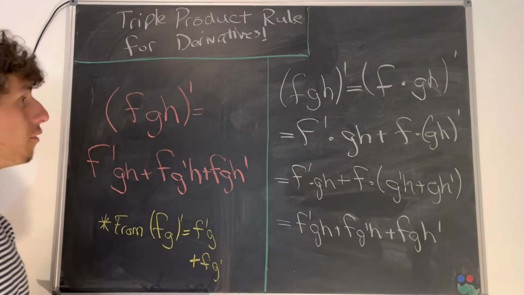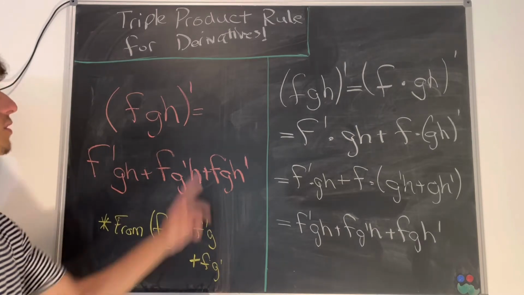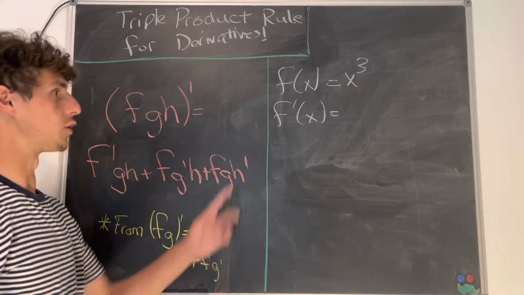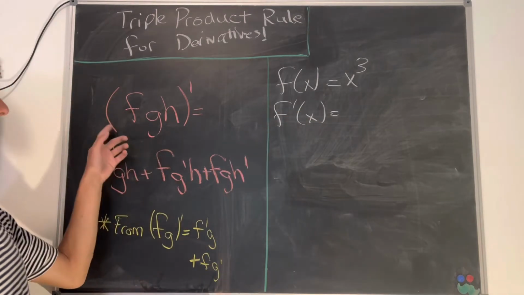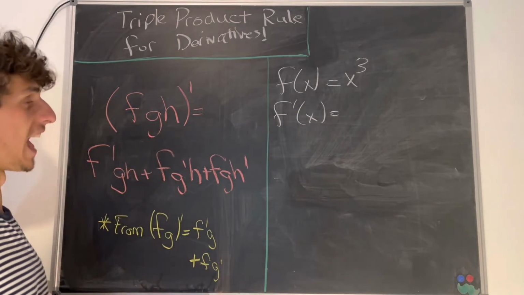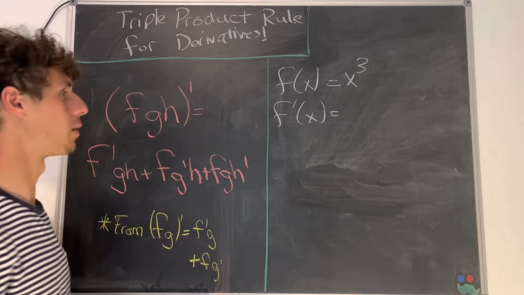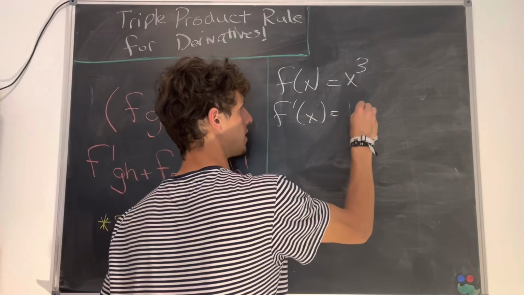So now that we've proved this, let's look at a couple of examples of where we might use this triple product rule. So first I want to look at the absolute simplest example there is, and that's x cubed, where f, g, and h are all just the function x. So we'll have f prime times gh, but that's just 1 times x,